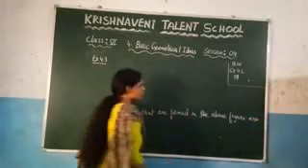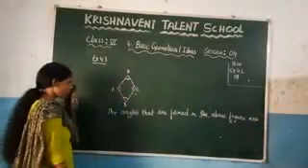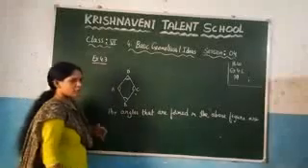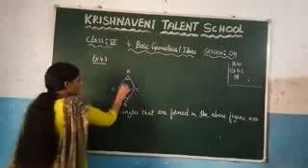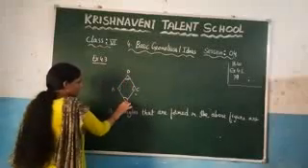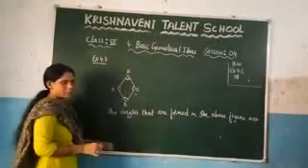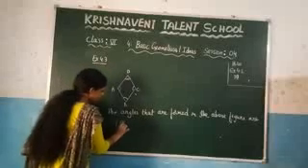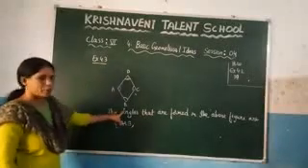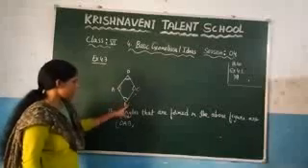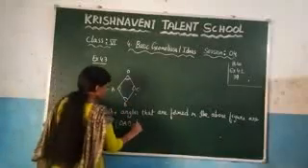So what are the angles that are formed in the above figure? You can observe this is angle A. How can you write angle A? You can write it as DAB or you can write it as BAD. Anything you can write here. So angle DAB, and what is the other angle? Angle B. You can write this one as ABC or CBA. Anything you can write here.